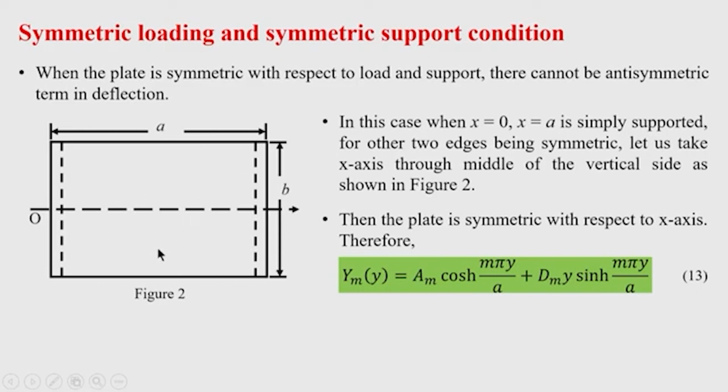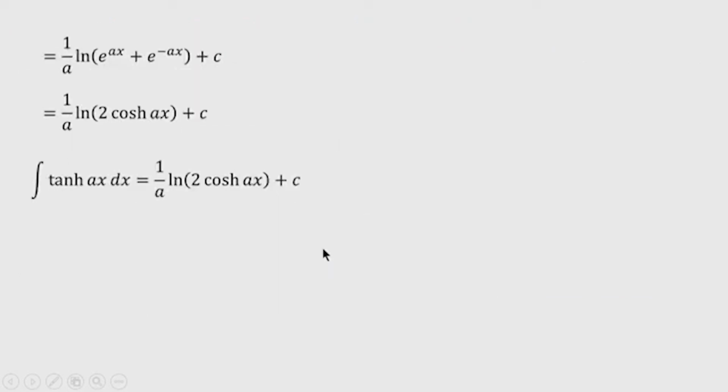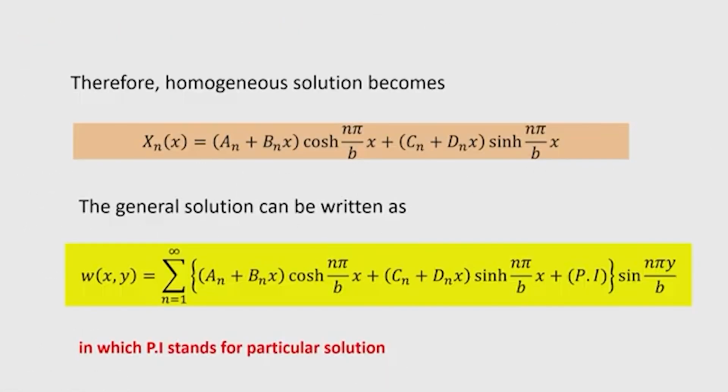Okay. So, in this case at x equal to 0 and x equal to a simply supported, with the other two edges being symmetric. Okay. Symmetric means a condition we have not specified yet. Okay. Let us take the x axis through the middle of the vertical side as shown in the figure. Okay. Then the plate is symmetric, and we have seen the solution of this